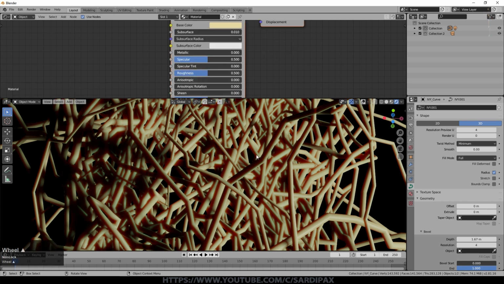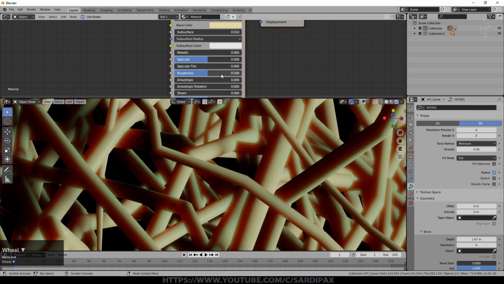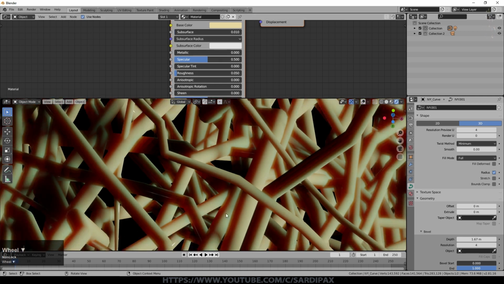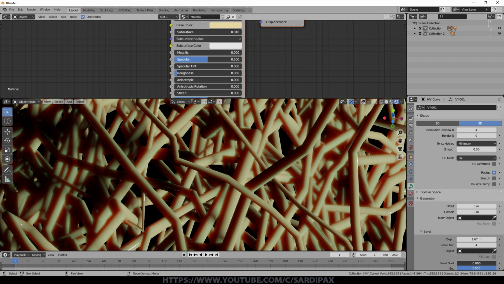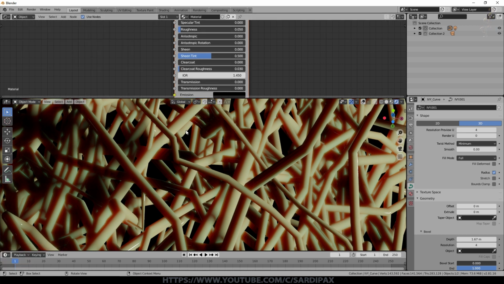I gave it a fairly shiny finish, so under roughness I went with 0.05, and that starts to give it little shiny highlights in places. I also added a transmission of 0.205. I'm not sure if that made a huge difference, but you can see there is a slight difference in the